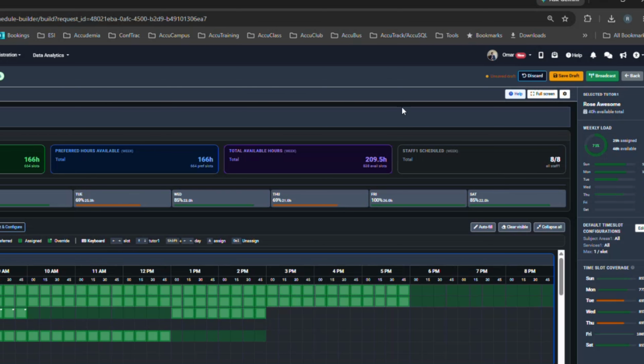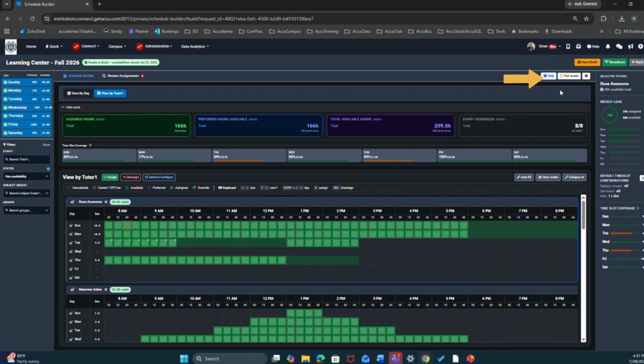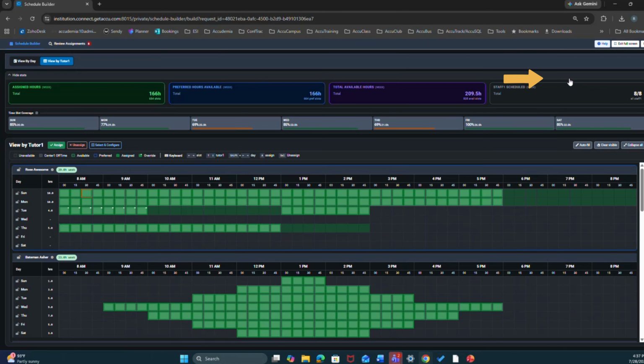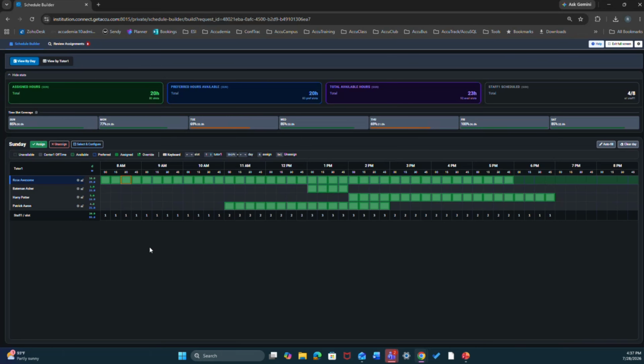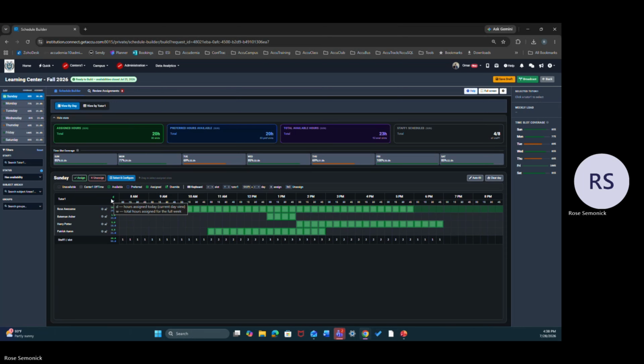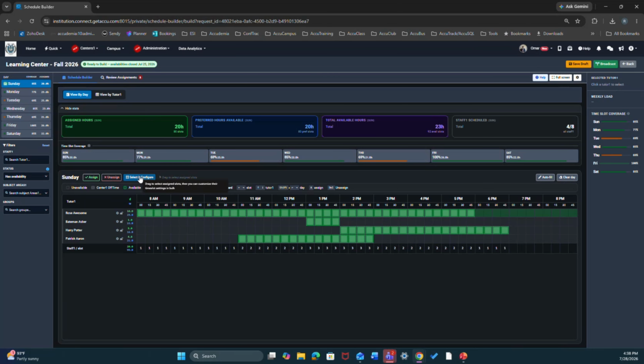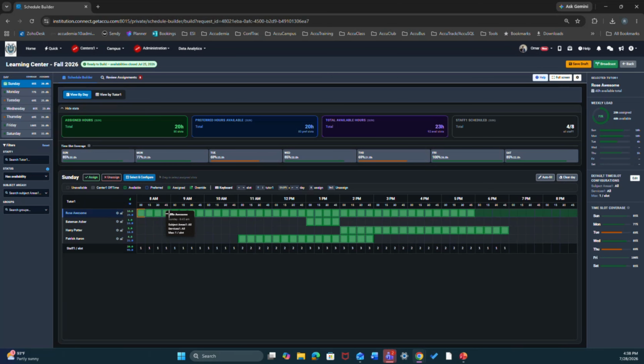Throughout this process, while you're making these changes, you'll also want to ensure that you're clicking Save Draft. You can also view this in full screen to get a better view. Just like the tutor schedule, you'll want to select the service and subject areas that this tutor is available for. To do this, you will click Select to Configure. Then you will click and drag over the hours,